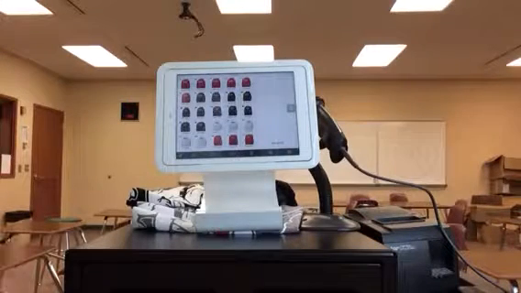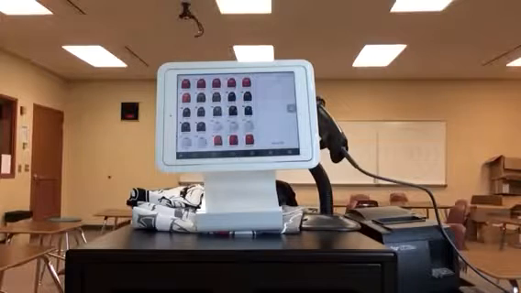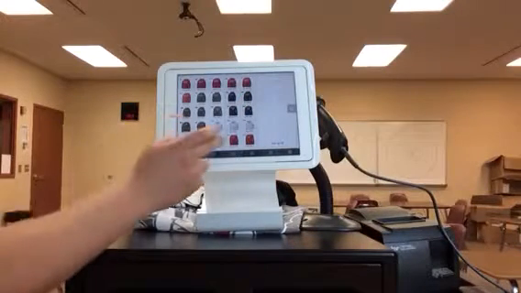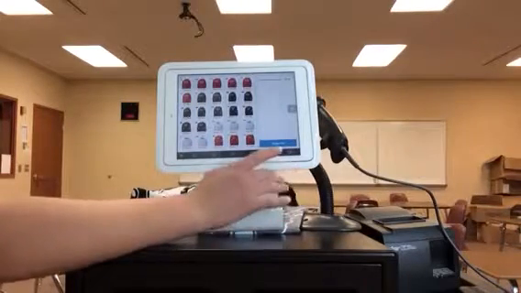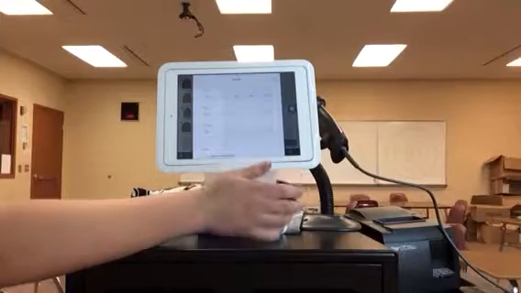Okay, I'm now going to show you how to accept credit cards. You start out the same way. You scan or tap an item, whatever the customer wants to buy. I'm just going to buy the small red long sleeve shirt. You then do the same thing. You always press charge, so press charge.